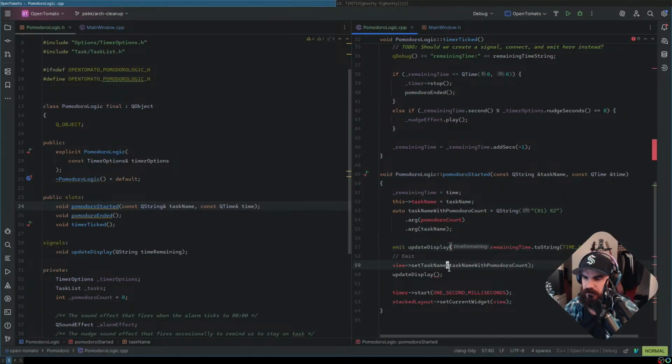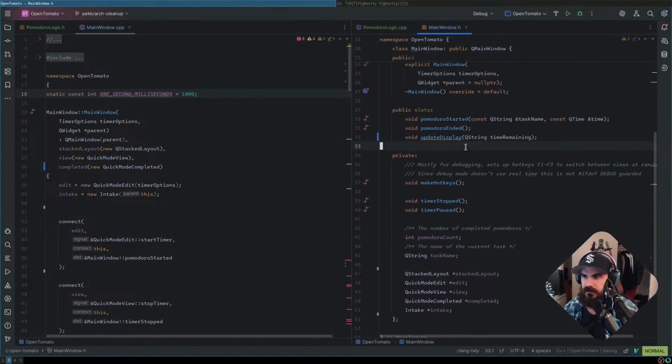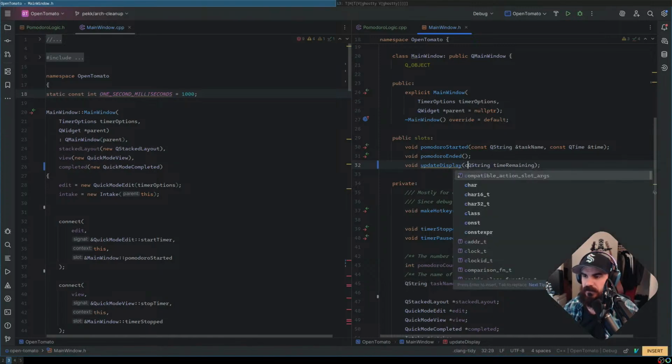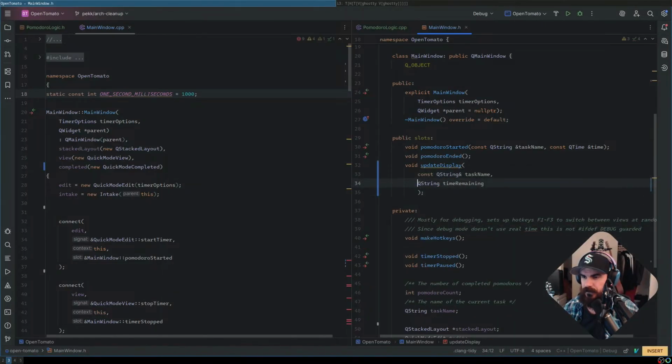Which is actually going to have two things now. Now that I'm seeing this, update display needs time remaining, and it also needs const QString task name and const QString time remaining.